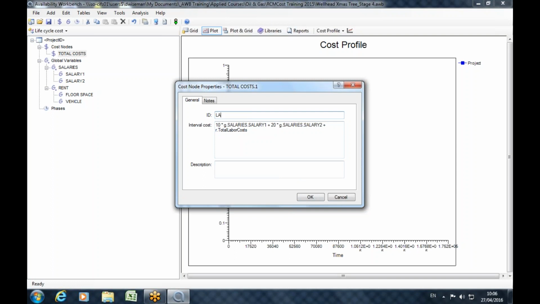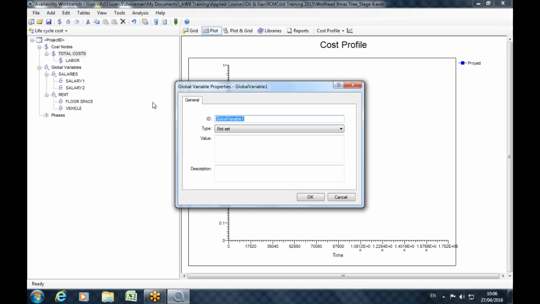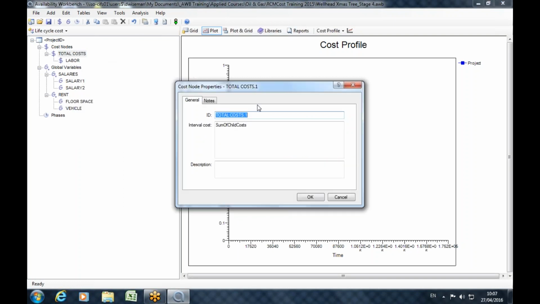Maybe I'll just rename that to labor. OK. And then I might add rentals. And that might be, say, G dot... What have I added here? Oh, so I'm adding a global variable. So add cost node, and that's going to be rentals, and I put r dot, g dot rent, and then floor space, and I might be renting a certain number of square meters of floor space, and I can multiply that up,